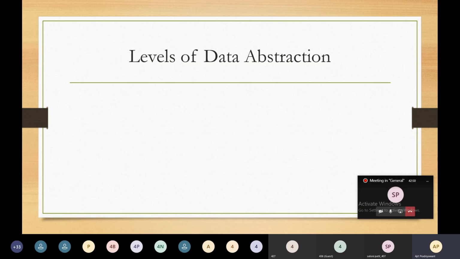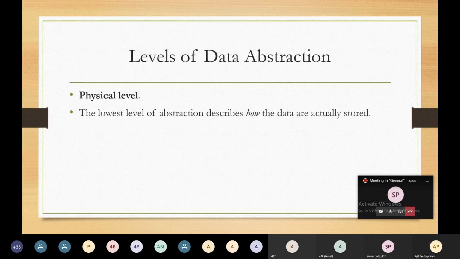The next topic is the different levels of data abstraction. The first level is called the physical level. It is the lowest level of abstraction. It describes how the data are actually stored.